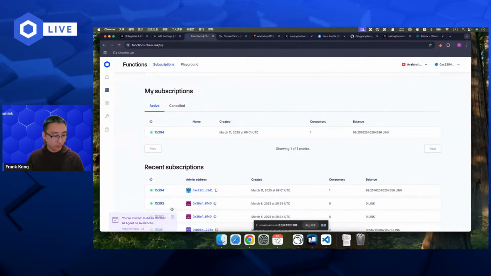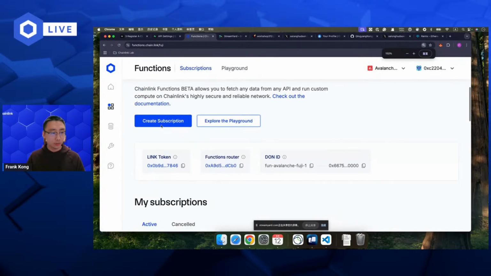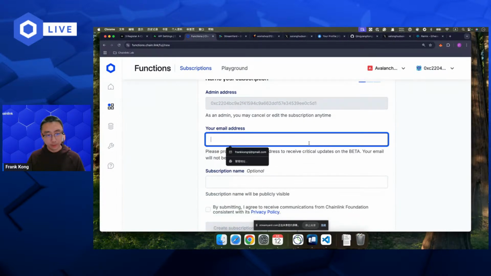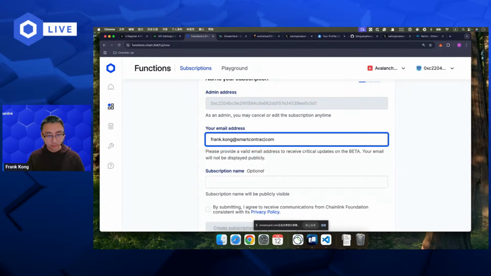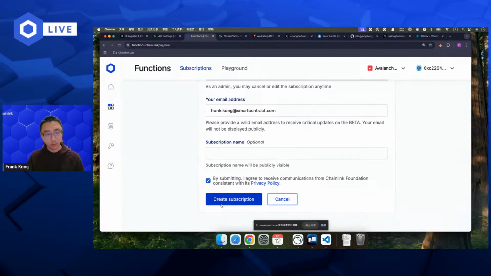In this UI, the way to create a subscription is to click this blue button, and you need to provide your email address. If there is something wrong, we will email you. You can give a subscription name, but that is optional. Check this box and create a subscription.